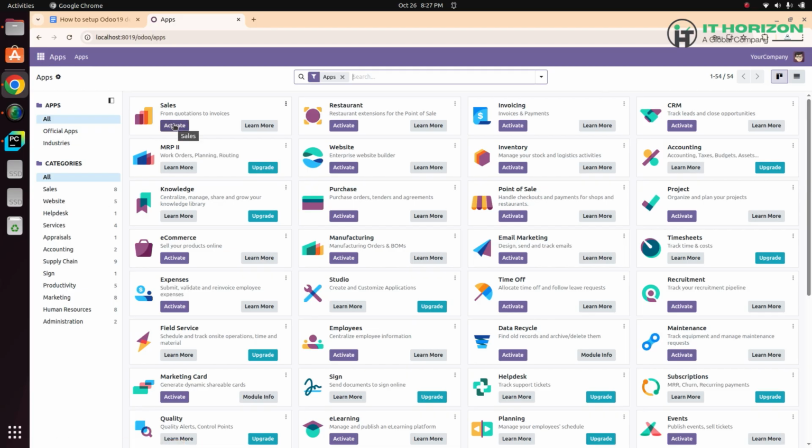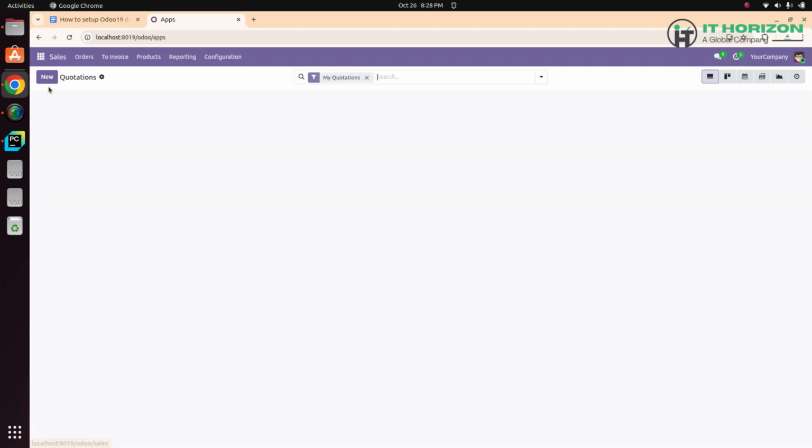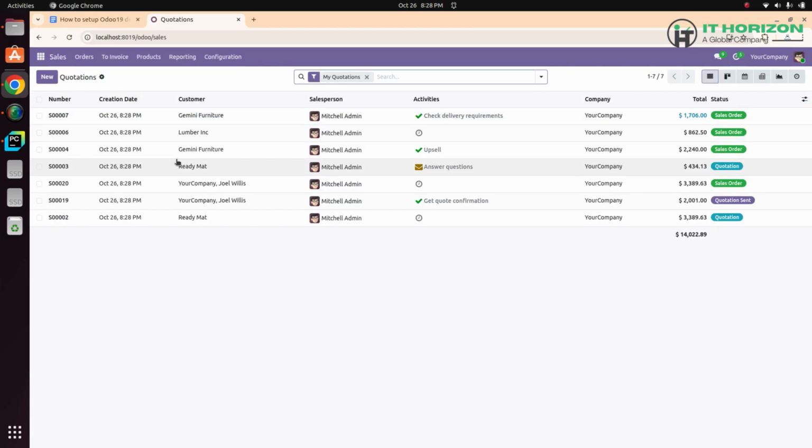And to activate a module, you can click on Activate. So currently we have successfully installed the Sales module. And if you want to move on to the module, here you can see that we have successfully installed the odoo19 Sales module. Now you can just move on with the testing, managing the functional sides and